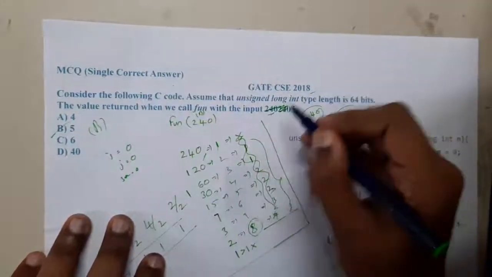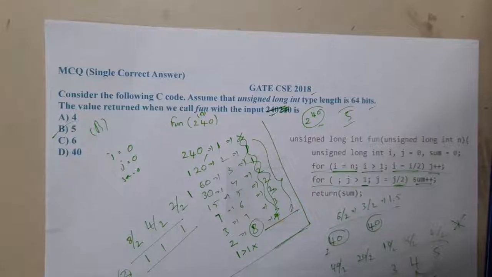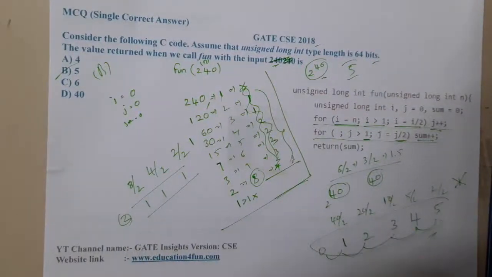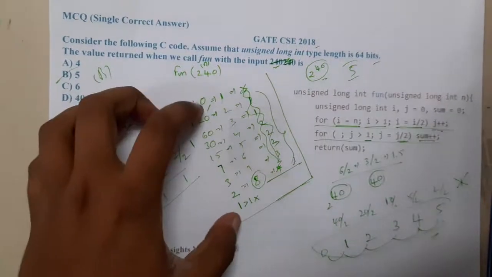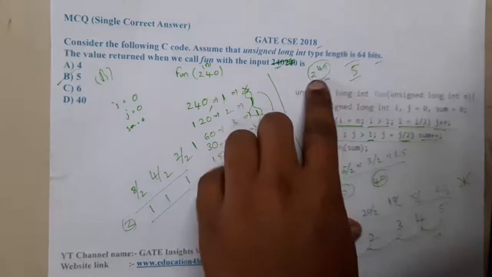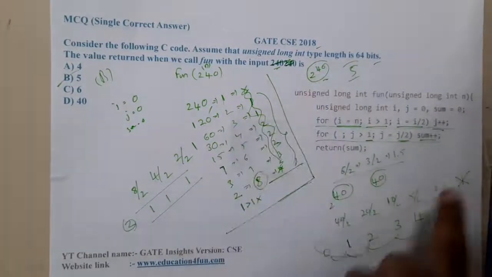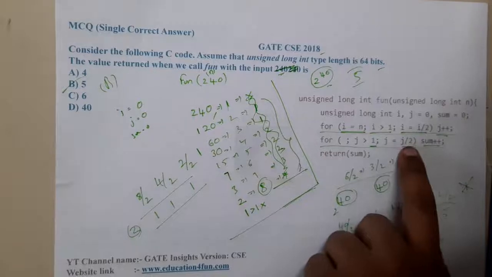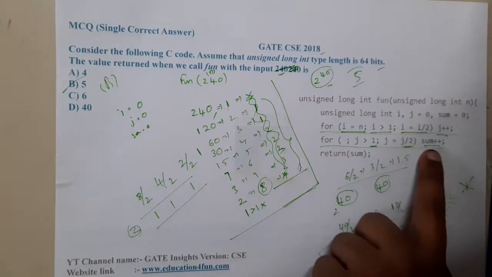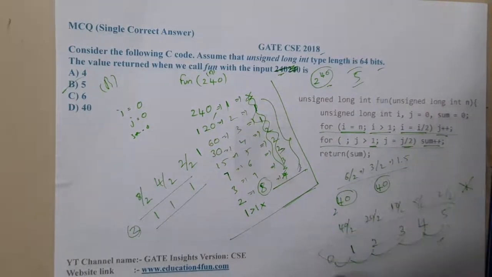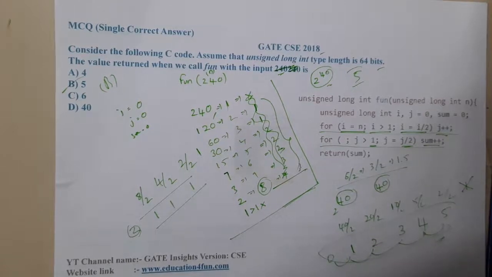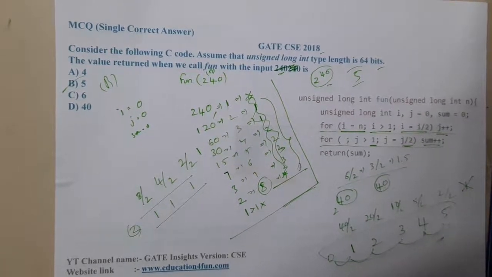I'm really sorry for the printing mistake, guys. I hope everyone got a clear idea on this question, like how I'm exactly solving. With this, I understood the logic that it is exactly doing half of the original. So the j value has incremented up to 40. Here we are dividing the j value by 2, and we are incrementing sum, right? So it will start from 0, 1, 2, 3, and so on up to 5. Got it? I hope everyone got a clear idea.